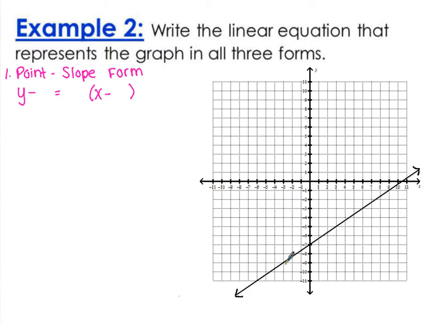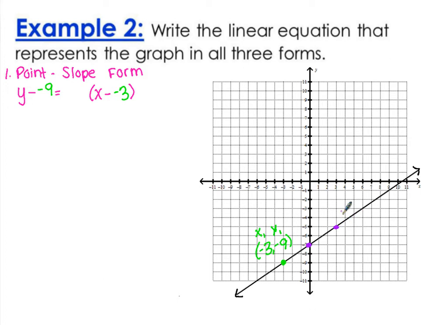I'm going to pick, let's do this point right here where it crosses. And I'm going to use that point negative 3, negative 9 as my x1, y1. Okay. So when I go to fill that in, y1 is negative 9, x1 is negative 3, and my slope now, I have to count between points. So there's points here, here,